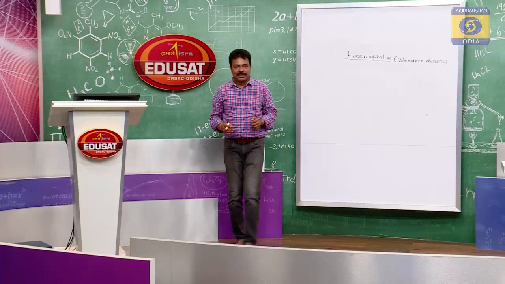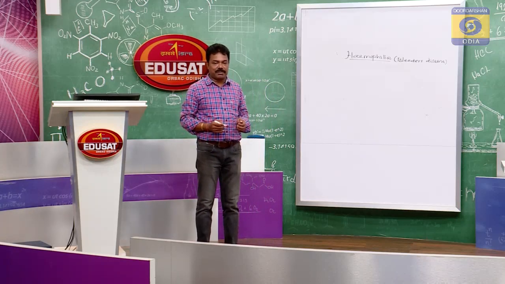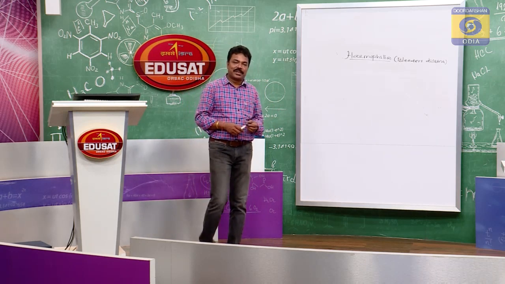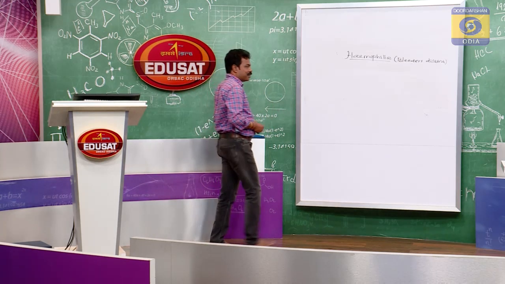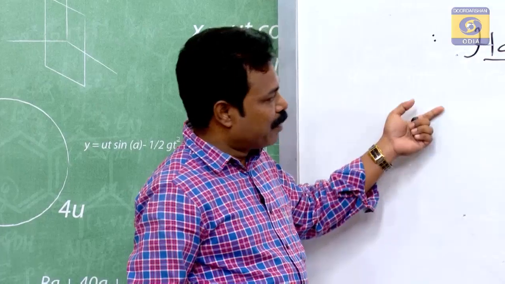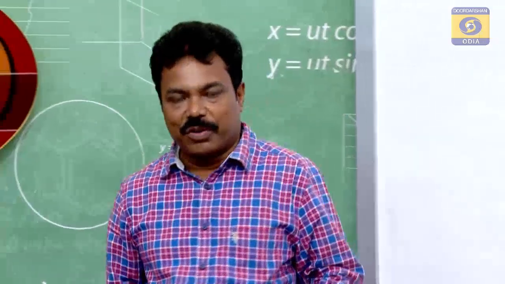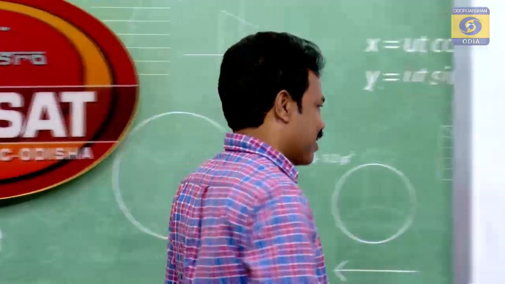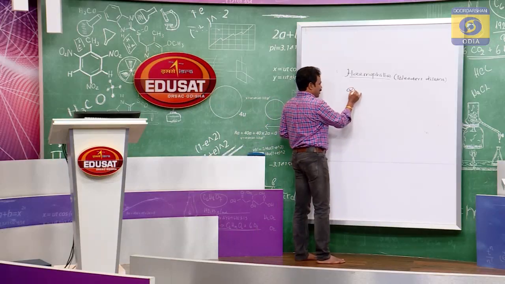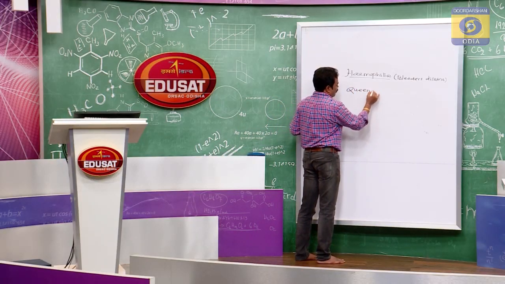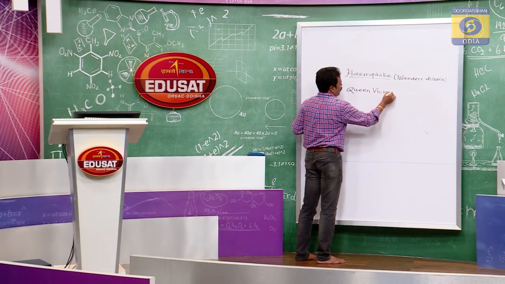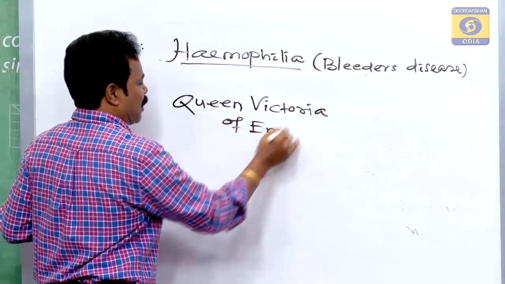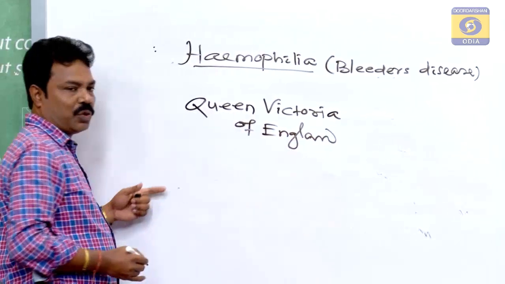This hemophilia is an inherited bleeding disorder due to deficiency of clotting factors. Hemophilia is also popularly known as royal disease, as Queen Victoria of England was a carrier